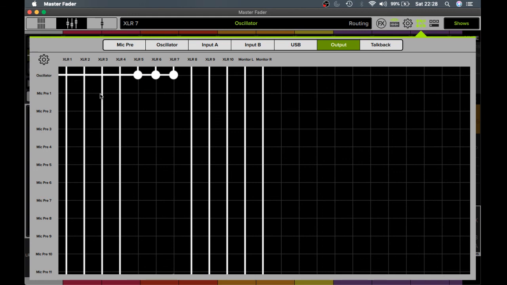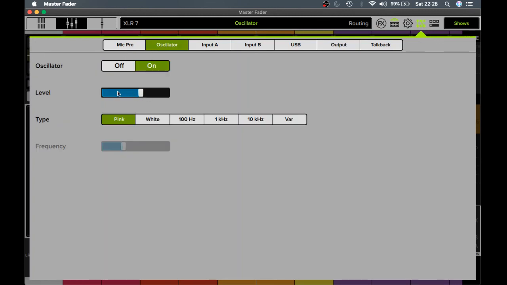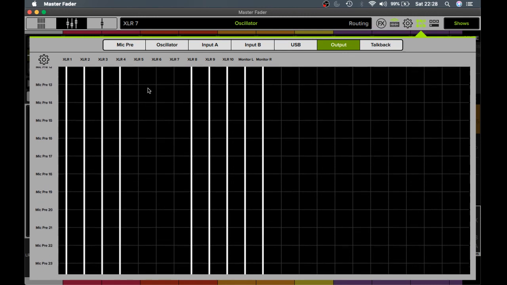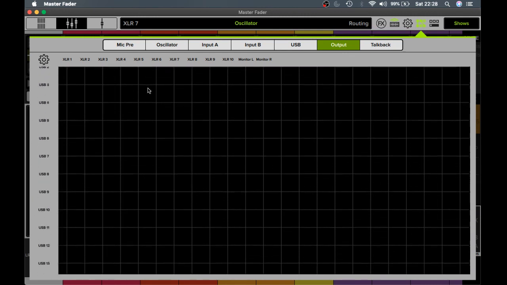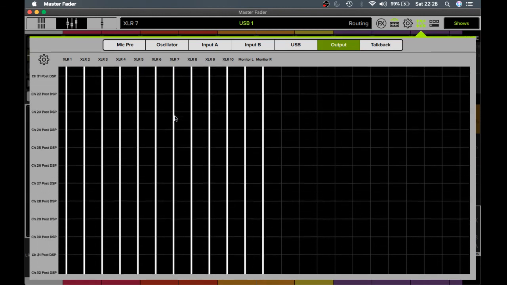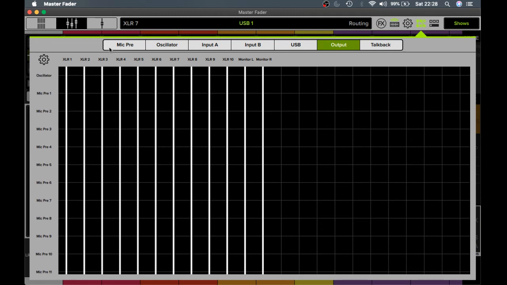Then you know, okay, if everything is set to unity gain and the oscillator hasn't had the volume changed, but I'm hearing a drop in the output, then you'll know there's an issue with the output on that particular channel. There might be a problem with it. You need to get it checked out. But that's a pretty cool way of